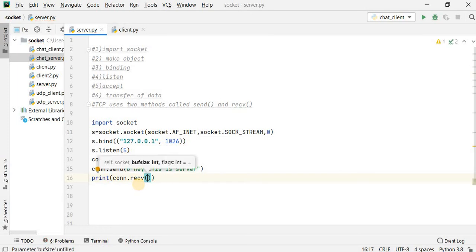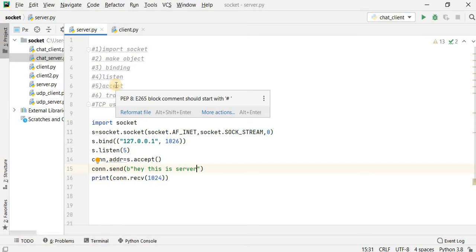Inside this you have to pass one parameter, the buffer value. It indicates how much data you can receive from the client. So this is the whole program for the server, and the same thing you have to do for the client also.